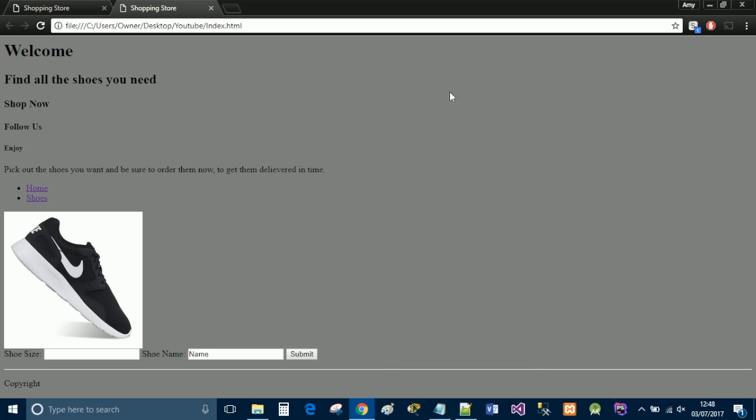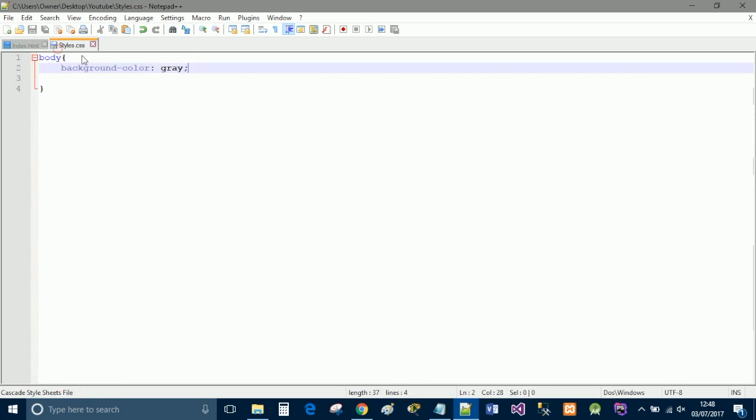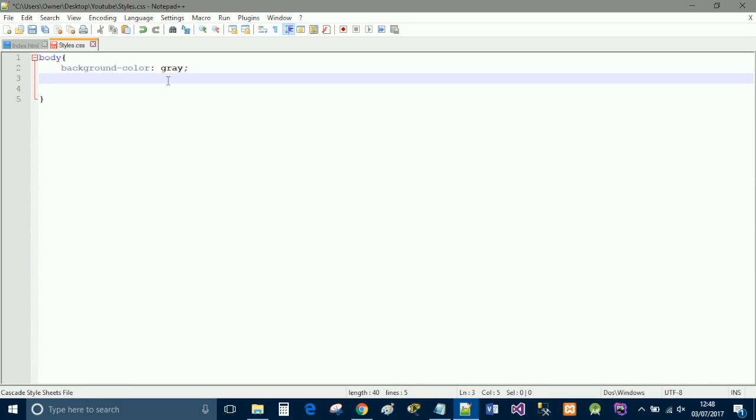Just so you know, we have not done anything to the HTML apart from add a link to our style sheet. So now we're going to go back. Now if you want to change the font style, you can also do that in CSS. There are so many different types available out there. So I suggest you just have a Google for which type you prefer, but I like to use this one here, and it's